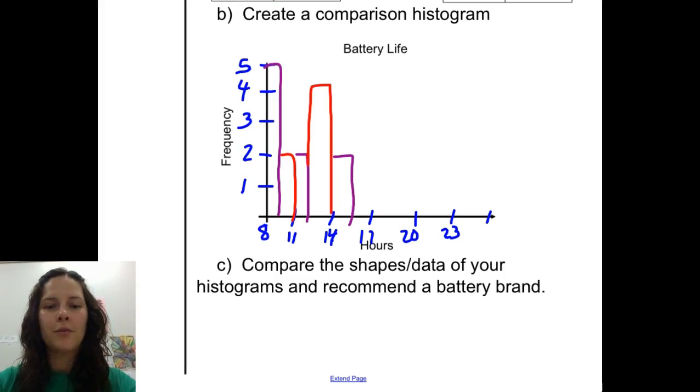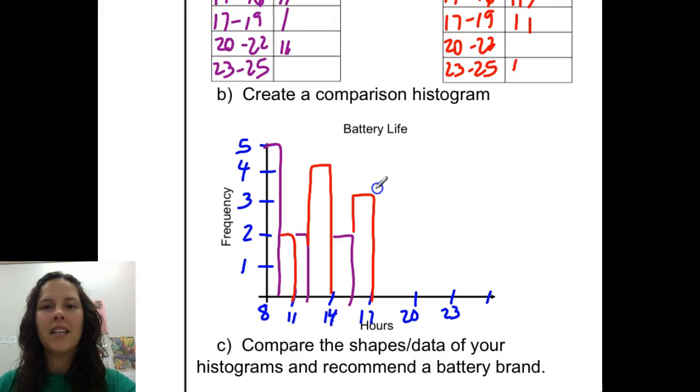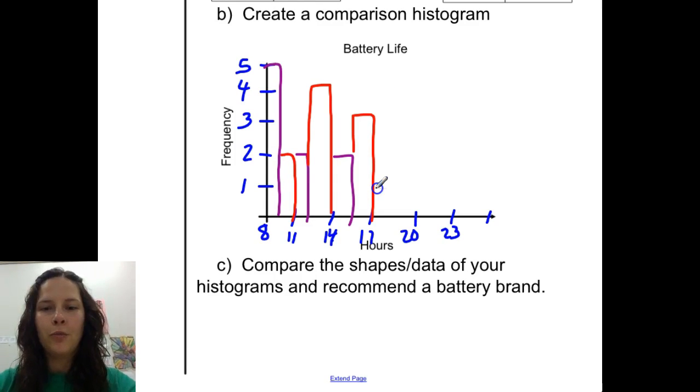And a tally of 3 for brand 2. In the 17 to 19 range, we had a tally of 1 for brand 1 and 2 for brand 2. We had a tally of 2 for brand 1 in the next interval and 0 for the